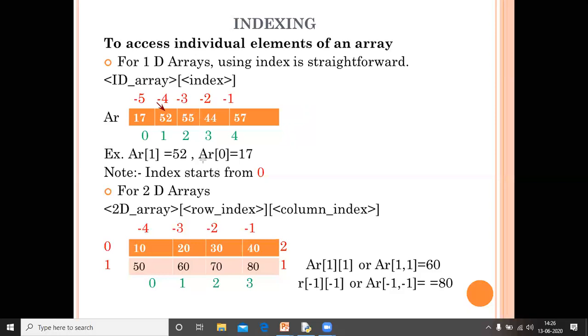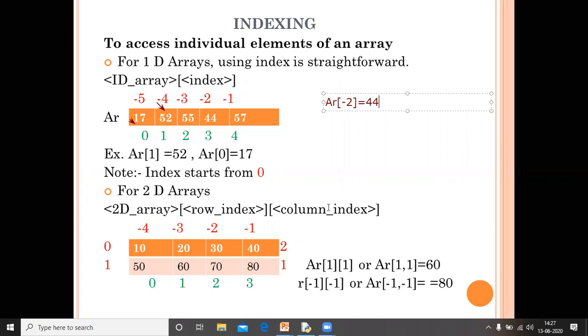Then AR[0] means the first element of the array. If I write AR[-2], it will give 44. If I give the index value in negative, then it is the backward element.